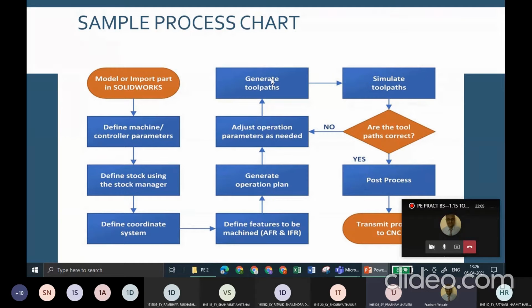It generates the tool path. So what is a tool path? A tool path is basically the path which the machine will take to generate your cut. First, the machine will simulate the tool path before directly cutting. It verifies the coordinates and the tool path, and if it is correct, it starts the machining and post processing takes place.